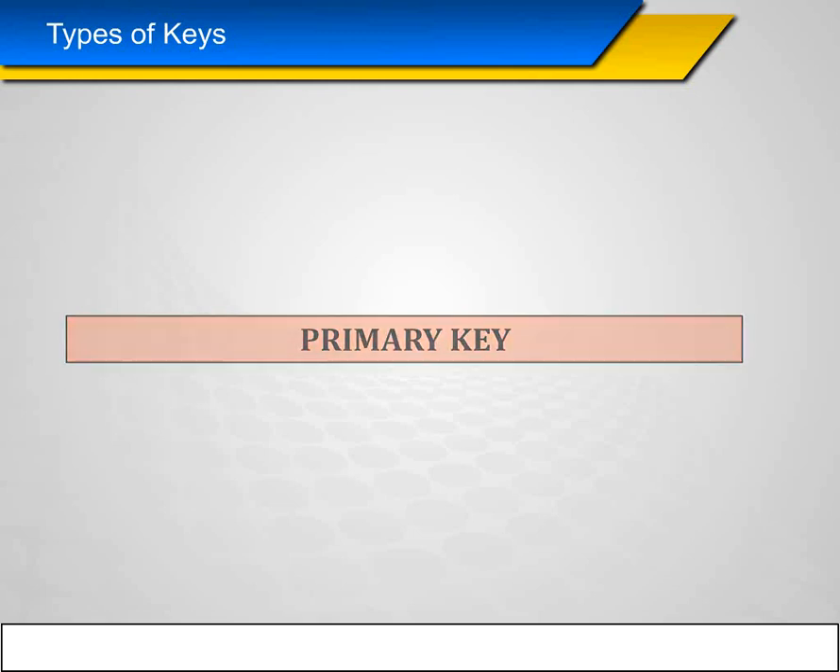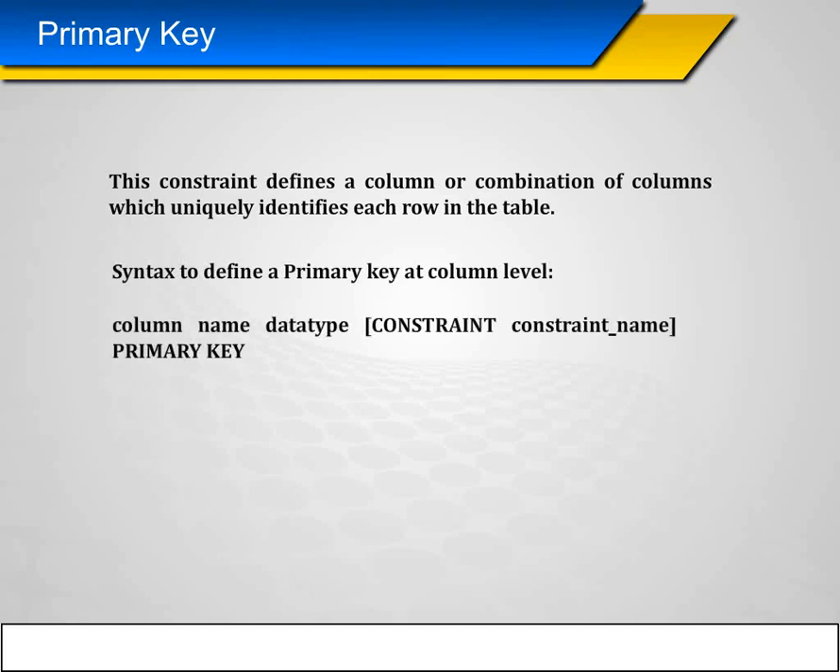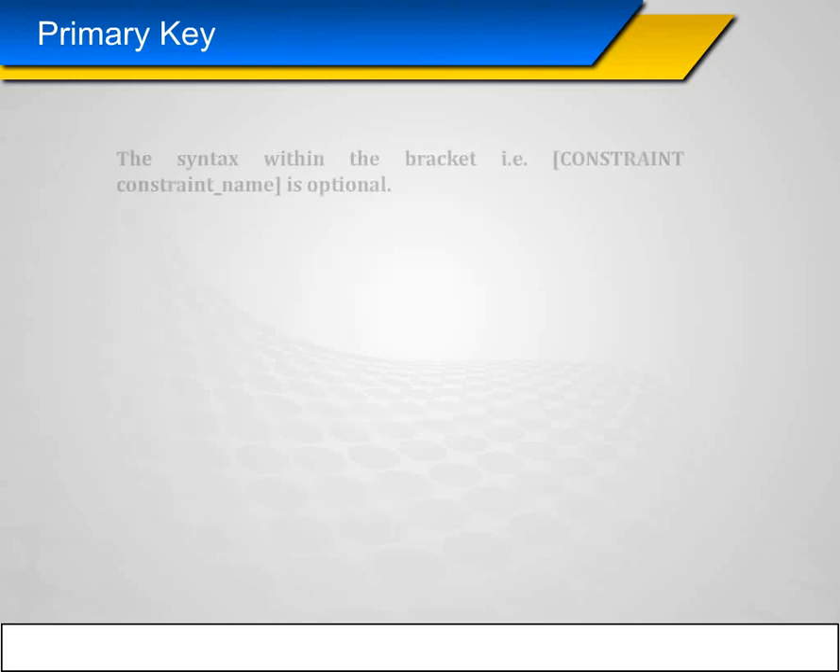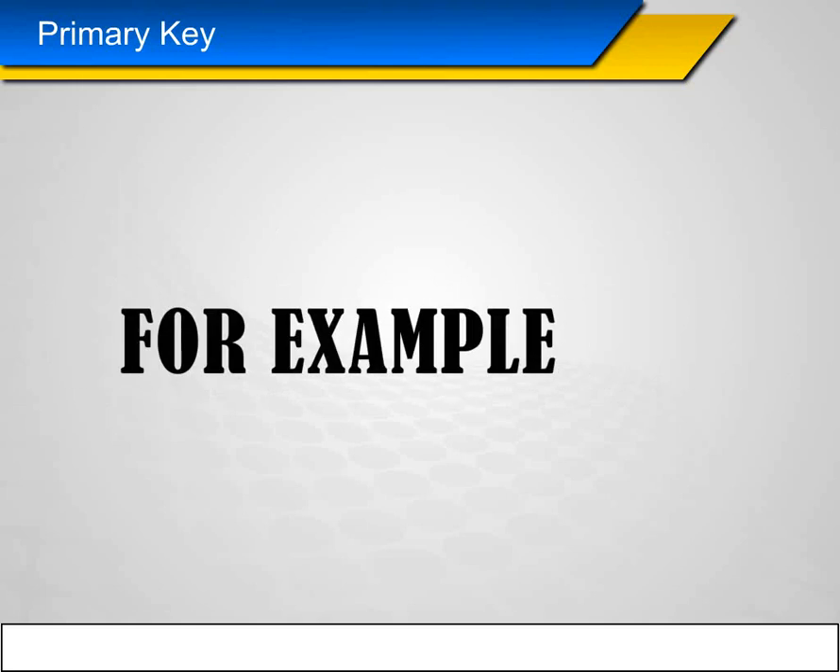Primary key. This constraint defines a column or combination of columns which uniquely identifies each row in a table. Syntax to define a primary key at column level: column name, data type, constraint name, primary key. Syntax to define a primary key at table level: constraint name, primary key, column name 1, column name 2. The syntax within the bracket, that is constraint name, is optional. To create an employee table with primary key constraint, the query would be like, for example,